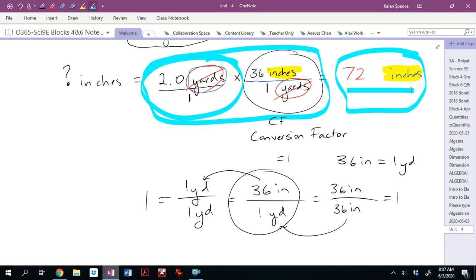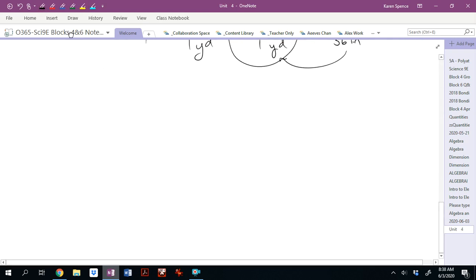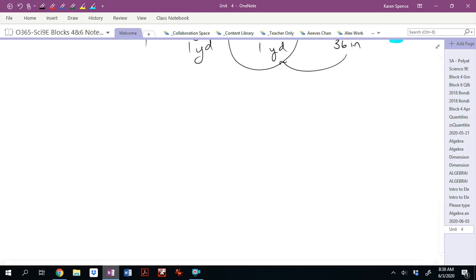You actually don't need to worry about this business about it equaling 1. If you're finding that confusing, at this point you can say, okay, Miss Spence, I don't want to know about that, that just confuses me. We're going to do an example, and we're just going to ignore the fact that it equals 1, and you're just going to believe me that when you multiply by a conversion factor, the result will be equal to the original amount. Okay, so let's say, for example, we have